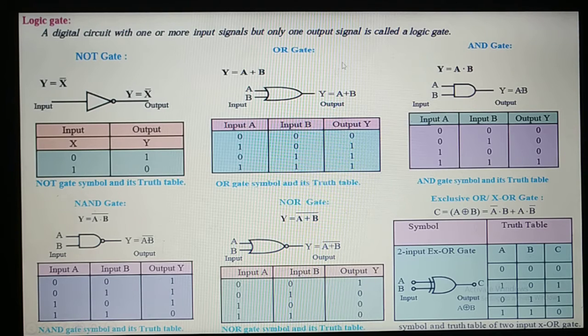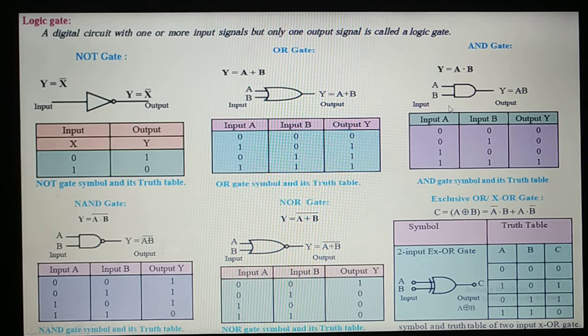Then, the same way, the AND gate. For the AND gate, the expression is Y is equal to A and B. It's not a dot or full stop, it's A and B, and the symbol is like that. Here is the symbol you can see. Two inputs, only one output, Y is equal to A and B. Just like the OR gate, there will be 2 inputs, 0 0 1 1 and 0 1 0 1. Here, if any of the inputs is low, the output is going to be low. Or in other words, if both the inputs are high, then only the output will be high.